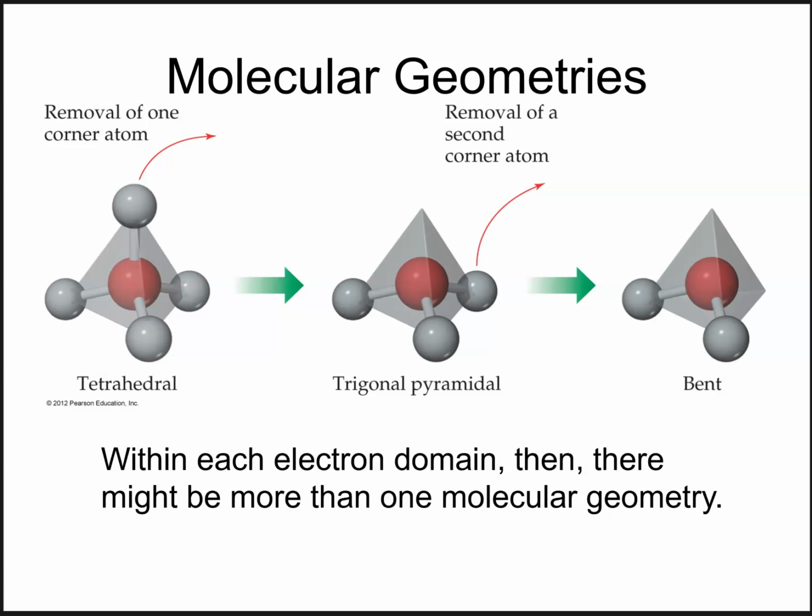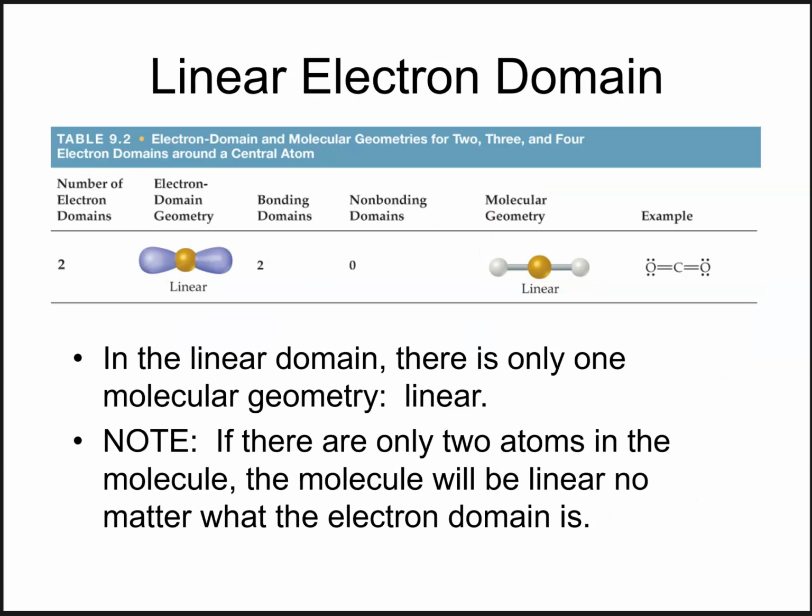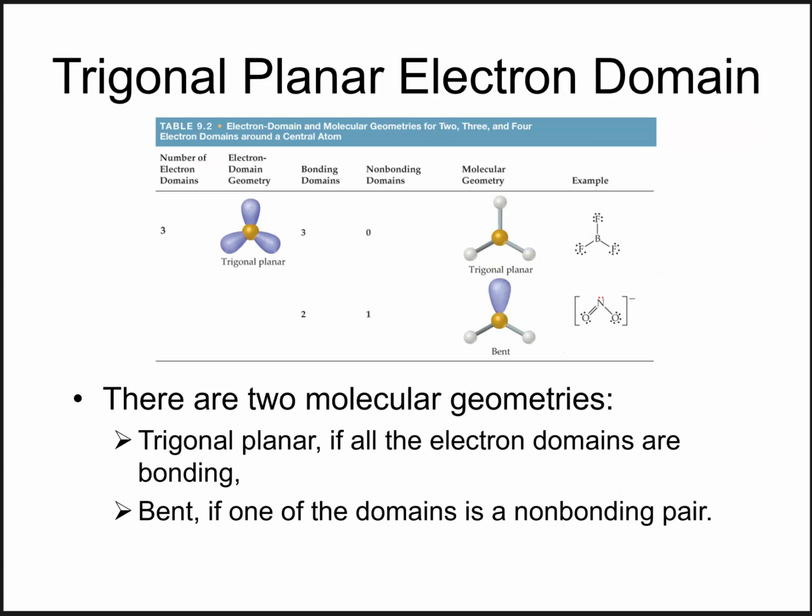So I'm going to briefly go over the different shapes here. We've got an electron domain geometry of 2, where both domains have bonds in them. We form a linear molecule, so CO2. And we call this linear because, well, everything lines up on a line. If we have 3 electron domains and all 3 of them are filled with bonds, such as boron trifluoride, we have a trigonal planar